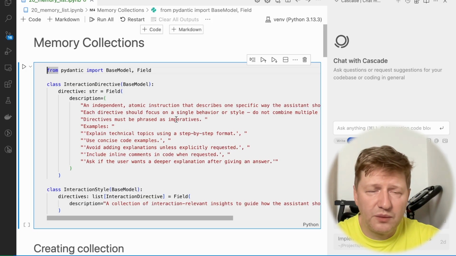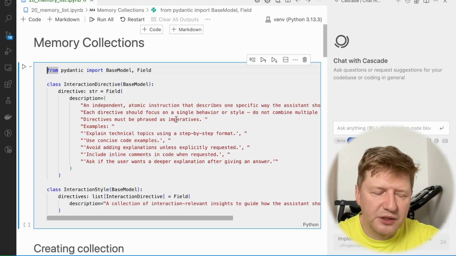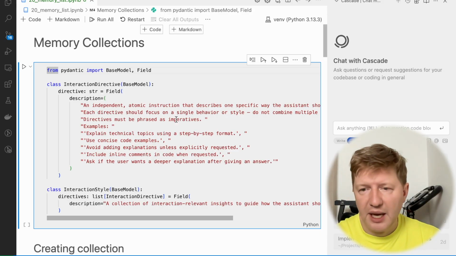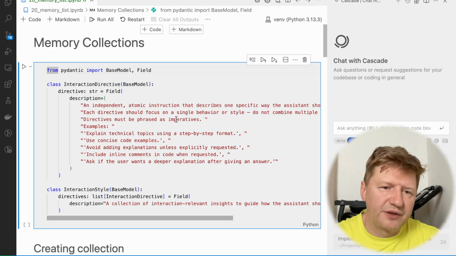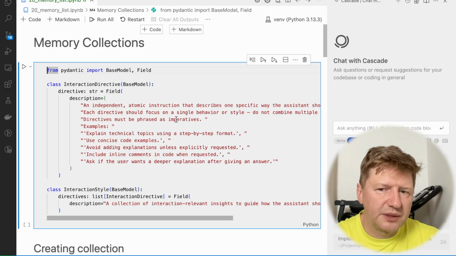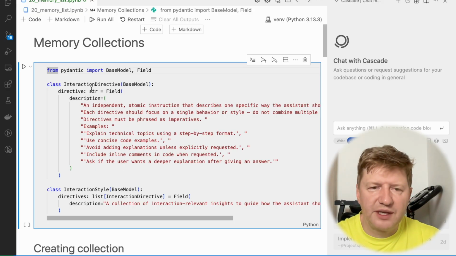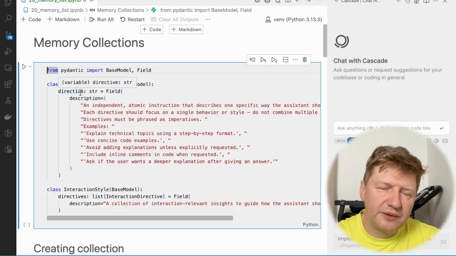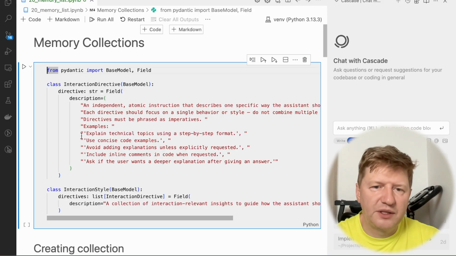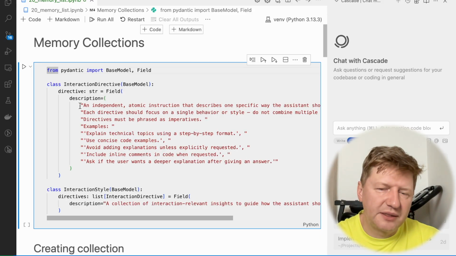Previously we were talking about a single structured object, the user profile. Today our goal is to talk about collections, and how we can store collections in long-term memory. You can think of that as repetitive information, for example rules or memories. Today we are going to talk about directives, which are kind of like rules in Windsurf, a list of things which guide the model on how to better reply to